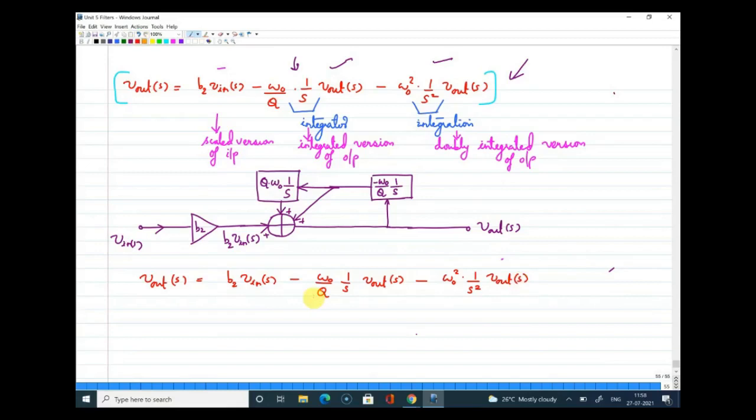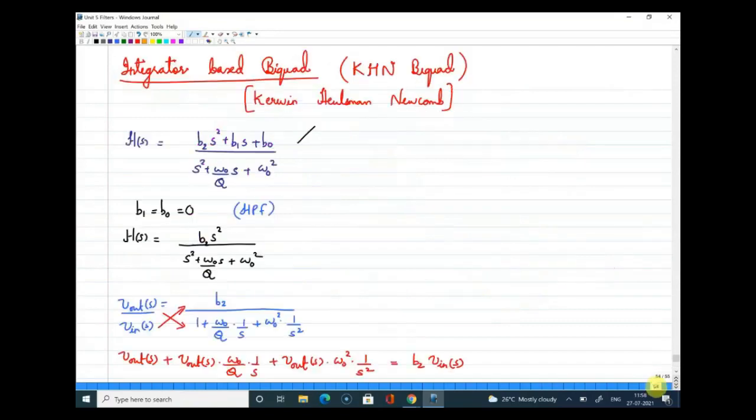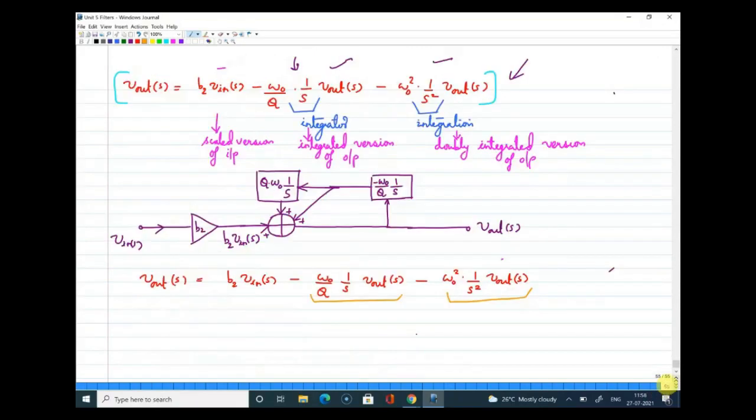All right. Now we need to focus on these two terms, because we understood the equation. We started from the biquadratic equation, rearranged it, and obtained the signal flow graph where integrators were also brought into the picture. Now we should see how this can be implemented, right? Finally we want this as a circuit. So how the circuit can be implemented is the next question. I need two integrators. So how can you get an integrator? What is the way to get an active integrator?